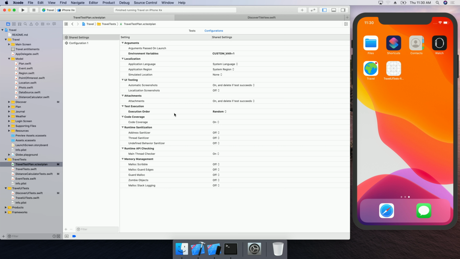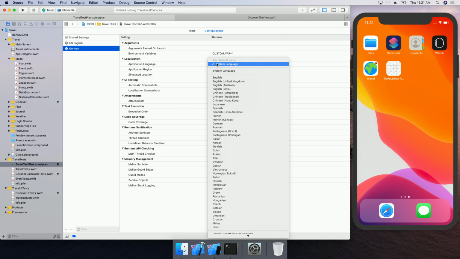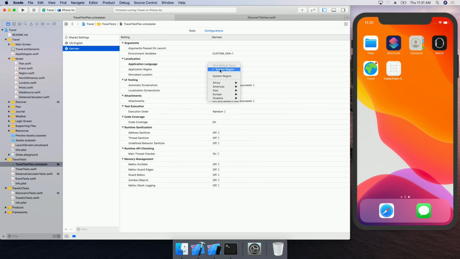So what I'd really like to do in this test plan is to modify it to run similar to the example I gave earlier, so that it'll run 2 times using different languages. I'll do that by adding a second configuration. And because I'm going to run it in a different language, I'll give it a custom name of the language I'll use, which is German. And while I'm here, I'll customize the name of the first configuration to US English. Now, in the US English configuration, I'm actually going to leave it as is with all of its default values, plus those shared settings. But in the German configuration, I will customize the language and the region.